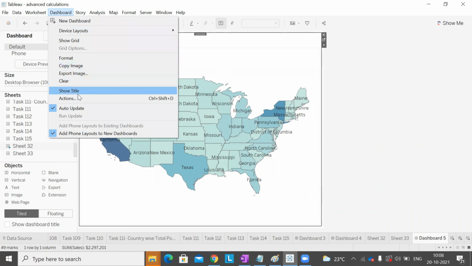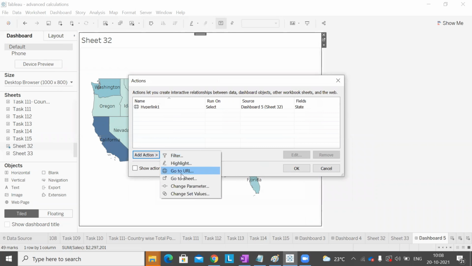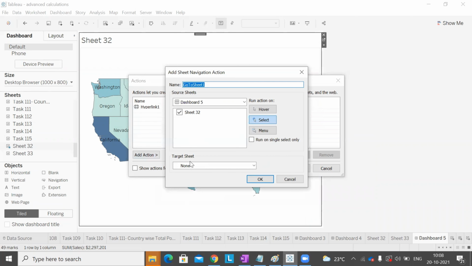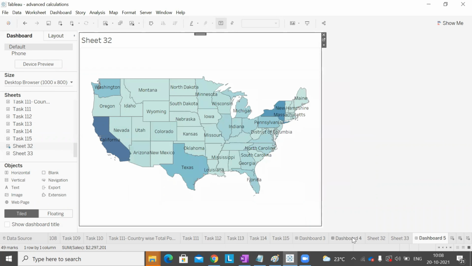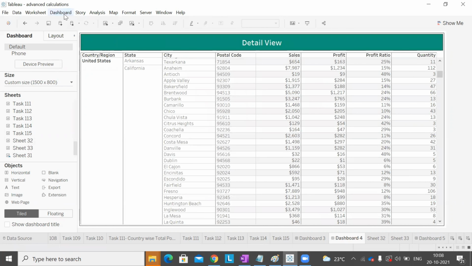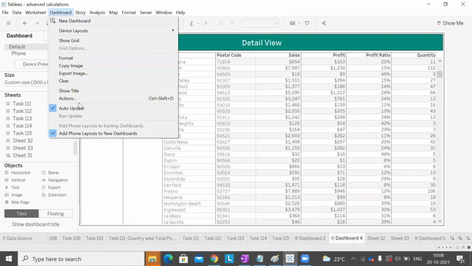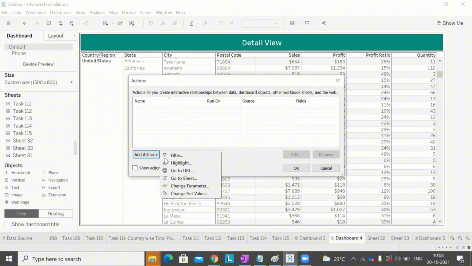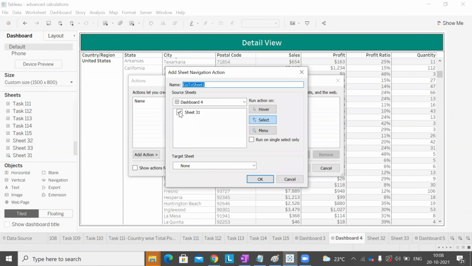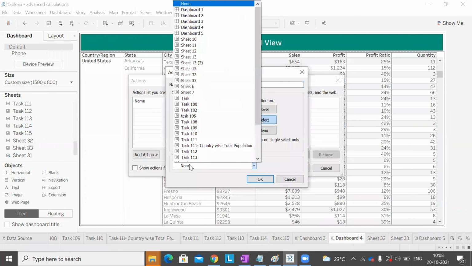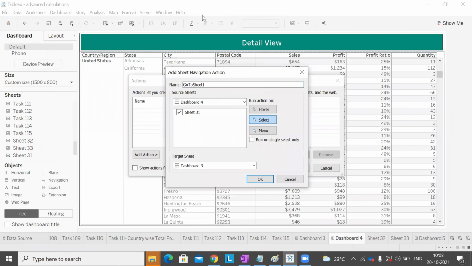So the other option is actions, go to sheet. What is this go to sheet? So let's see dashboard 4 and the last dashboard. So dashboard, actions, go to sheet. So whenever I click on this sheet, I have to navigate to dashboard 3. When I select anything in dashboard 4, I have to navigate it to a